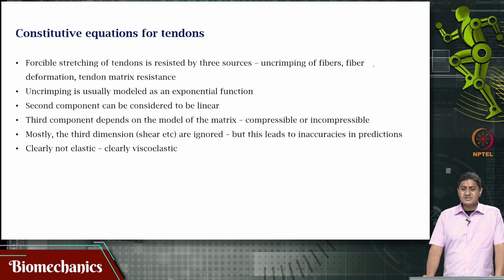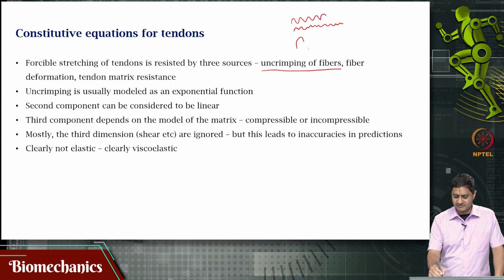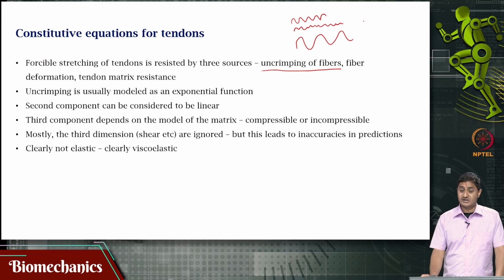One question is, how is the tendon even resisting the forces, right? Well, this resistance is coming from three different sources. One is uncrimping of collagen fibers. Remember, we mentioned collagen has this characteristic wavy or crimp pattern. Of course, we already mentioned that there are different levels at which crimp can be present. But the point is that as there is